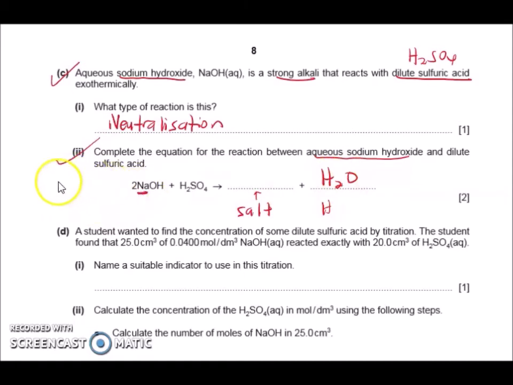Na positive and sulfate ion will exchange their ions, and you will form here Na2 and SO4. And then here we have to look at balancing the equation. Balancing: sodium is 2, here's 2, solved. SO4, here's SO4, same. When we look at hydrogen, here we have 2 hydrogens and 2